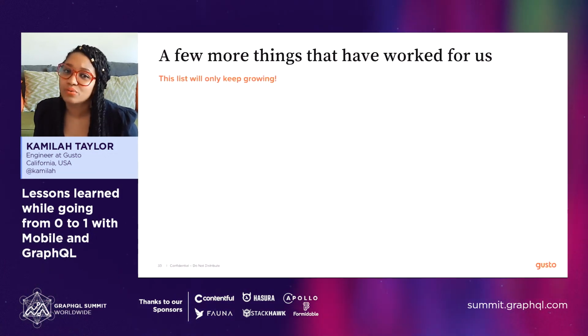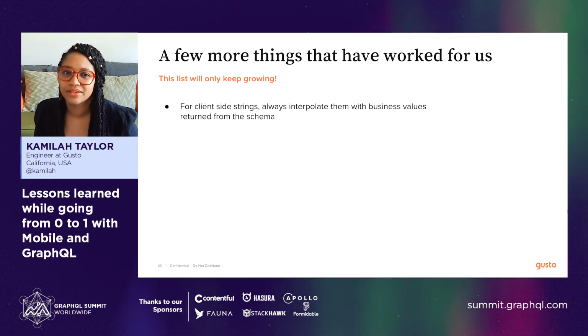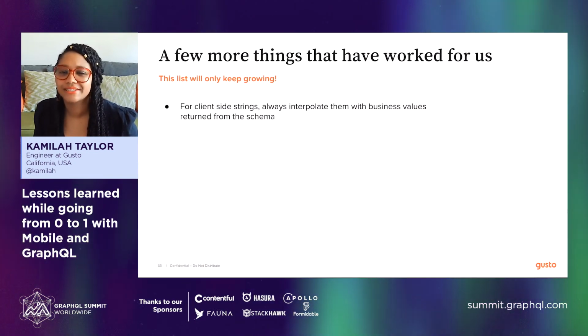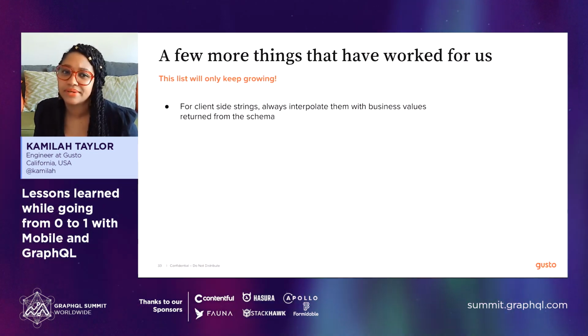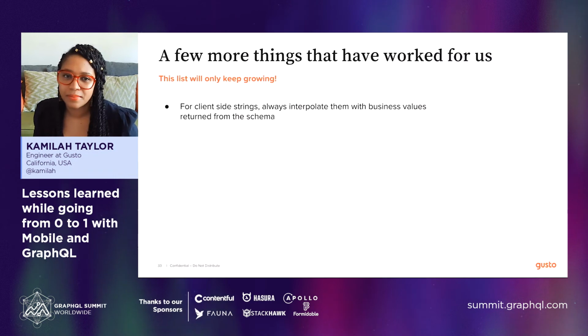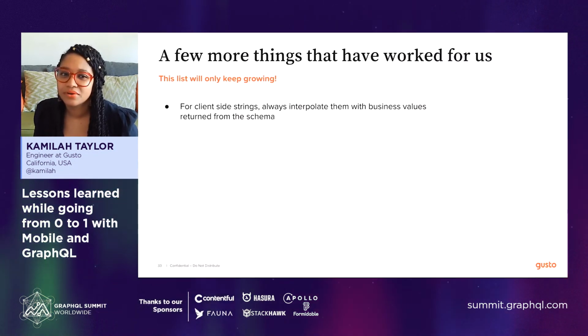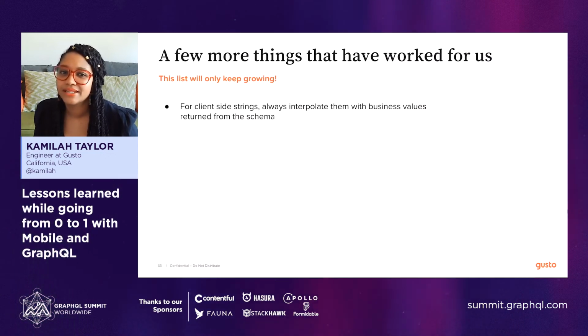There's a lot more we've been working on as we evolve our schema. You may have copy that you've thought of as client-side localized strings that actually rely on a business value to still convey true sentiment. By adding these business values that could change over time to our schema, we've gained more flexibility to update these business values over time without requiring a client update.